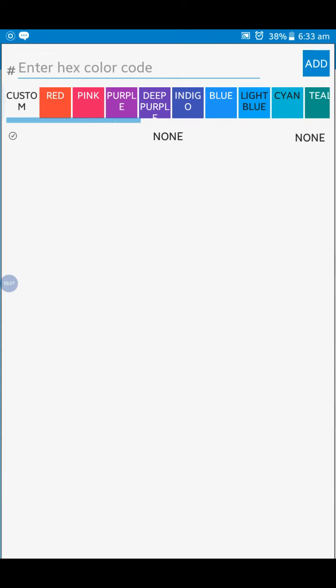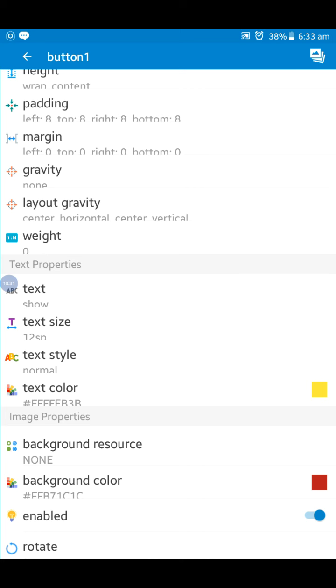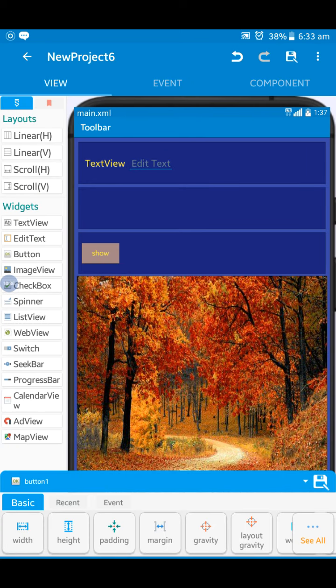Okay, red color. Now all the program is completed. We have to run this and compile to get the APK file.